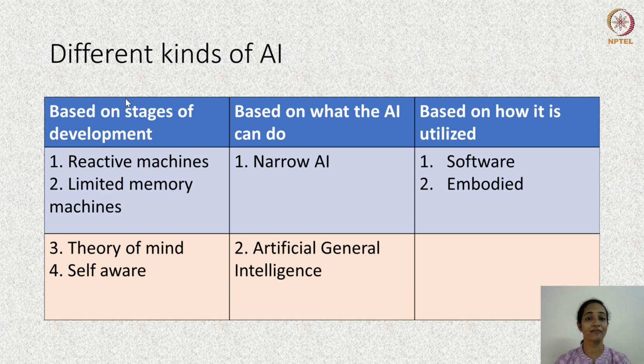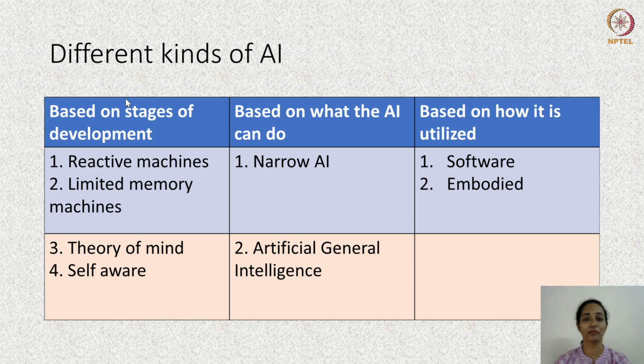Limited memory machines have the advantage over reactive machines that they have a memory, they are capable of taking in new data and refining the models that underlie their functioning and give us better outputs in terms of prediction. A good example for a limited memory machine is an autonomous car. A host of sensors on this car take in information, process the information, and then guide and steer this car in such a way that it brings no harm to the people who are within the car as well as the environment around it.